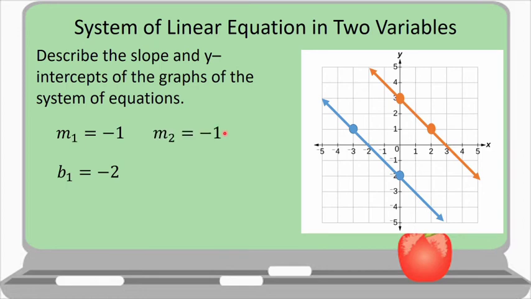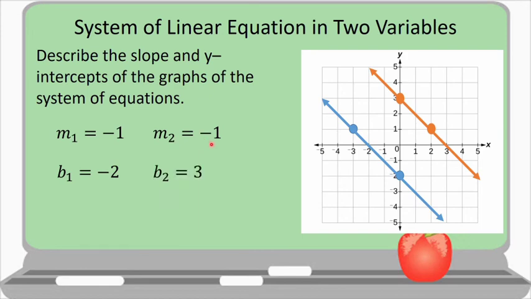The second slope is negative 1. So why is it negative 1? Again, we count downward and to the right from this point up to this point. So we have 1, 2. Since it is downward, we have negative 2. And then 1, 2 to the right, so positive 2. So negative 2 over positive 2, the simplest form of this is negative 1.